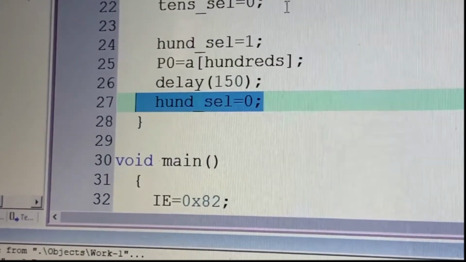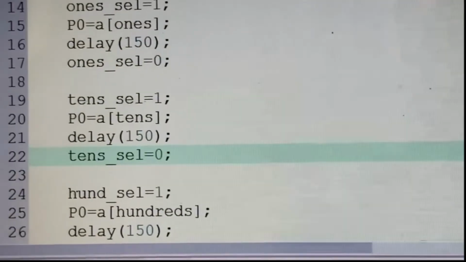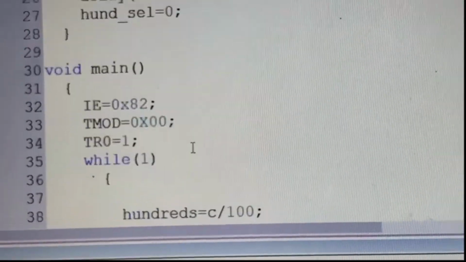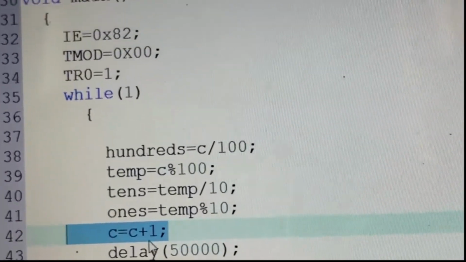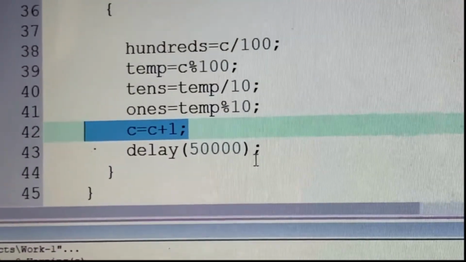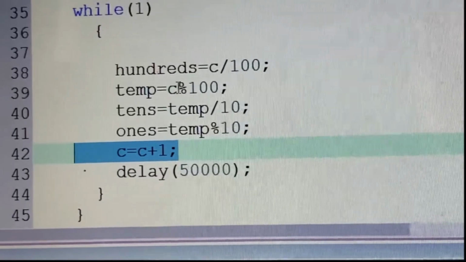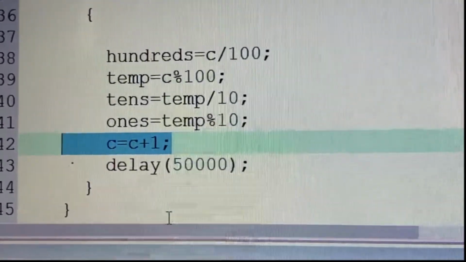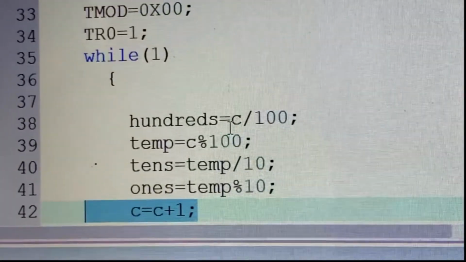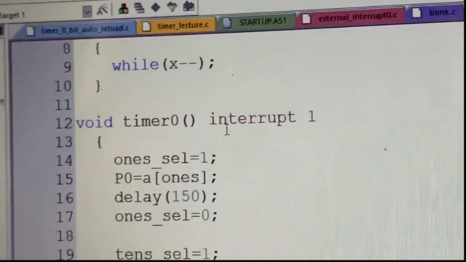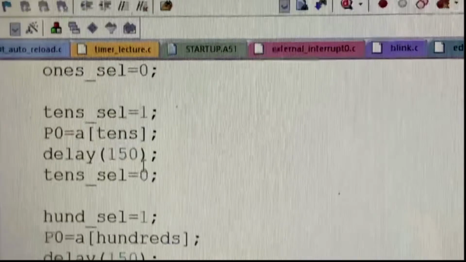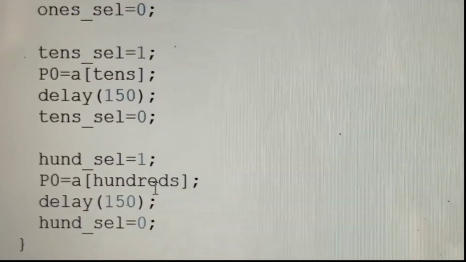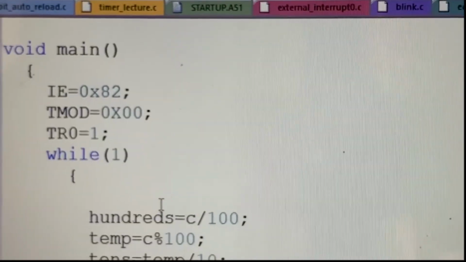These three things happen in the timer 0 ISR, and the program execution comes back to the main routine. In the main routine, we keep on incrementing the C variable, with some 50,000 delay, and every 8192 microseconds this interrupt service routine executes and makes the 1 segment, 10 segment and 100 segment display the values from 0 to 255, as we see in this hardware.